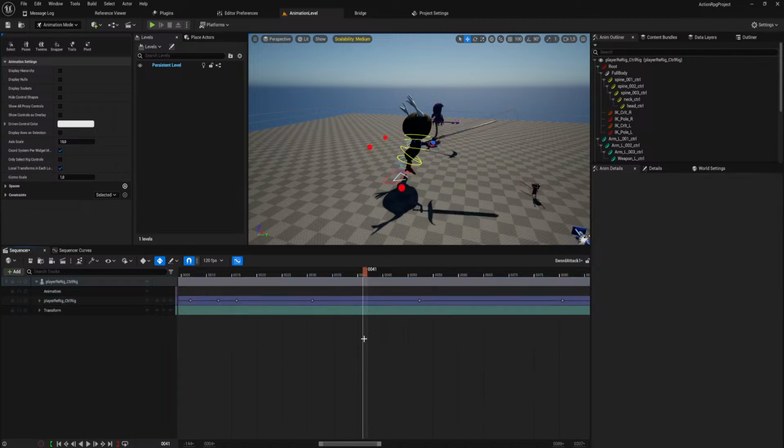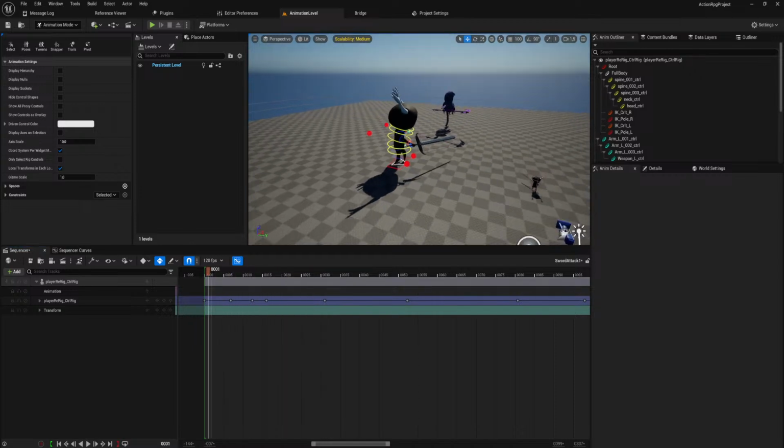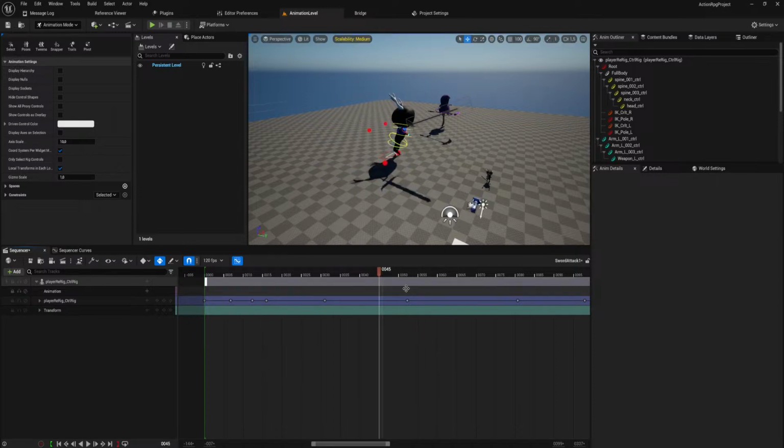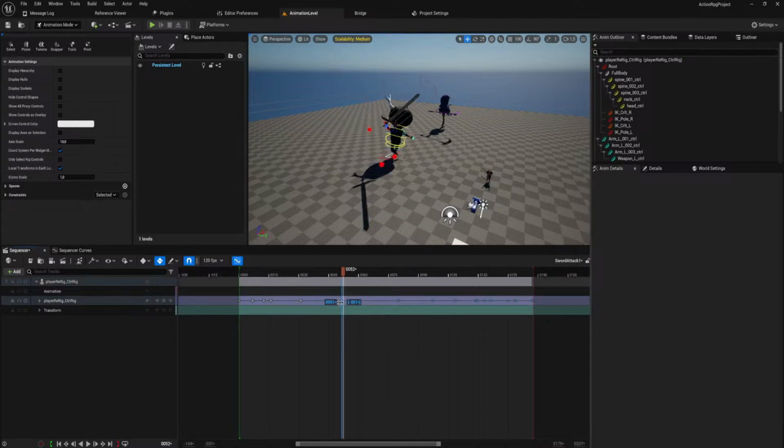Because, frankly, if I'm going to be changing the timing around, I don't want to deal with all those individual keyframes. And we'll tidy up some of this stuff in a moment. But we'll have less to tidy up anyway, so that's actually a good thing.